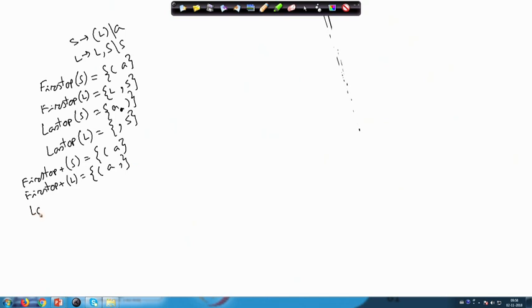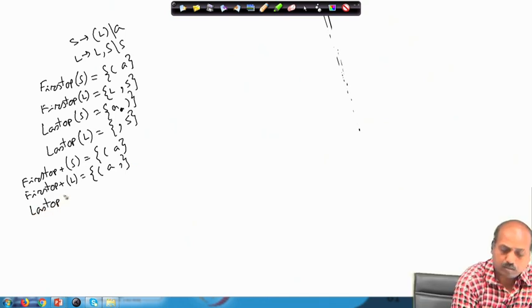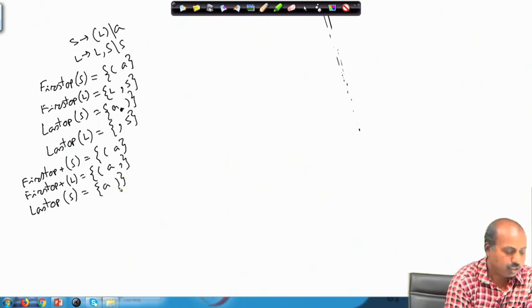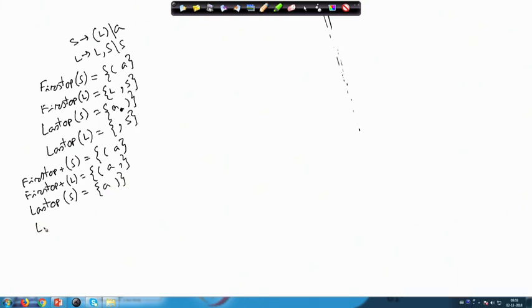Similarly, last of S will be equal to A and close parenthesis, and last plus of S. And last plus of L will be equal to comma, then last of S will come, that is A and close parenthesis.